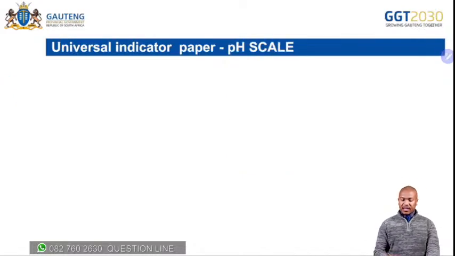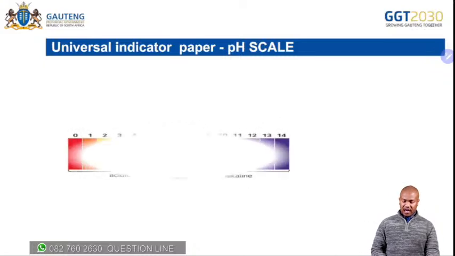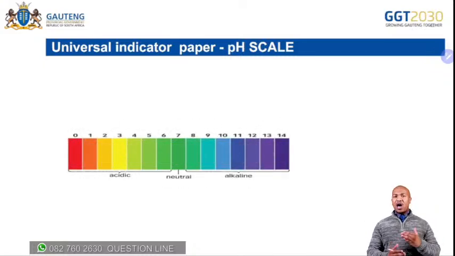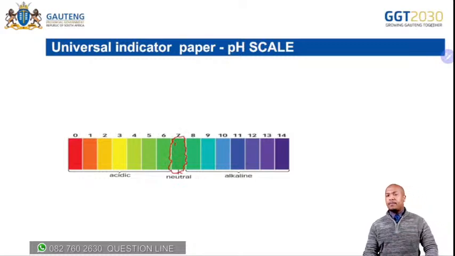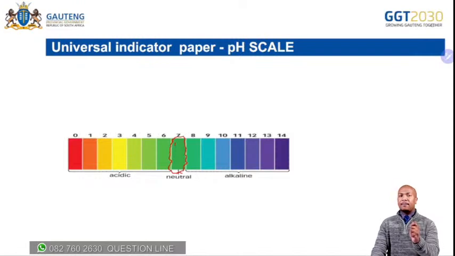So now, universal indicator paper on the pH scale. This is how you see a universal indicator paper, the green one there. It is green in color, and it will give you a range of colors depending on whether it is more acidic or more basic. It gives you a range of colors depending on the ranges of alkalinity and acidity. So if it is green like this, going to that side of acids,